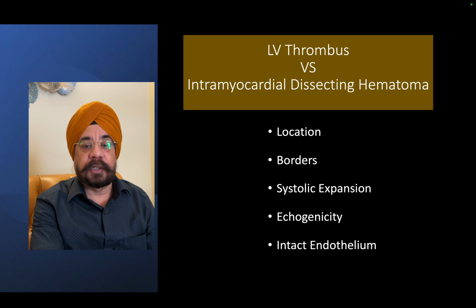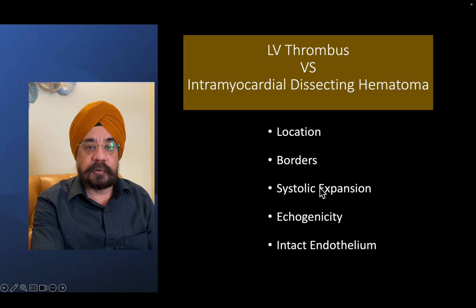Then there are other differentiating features. One is the location. Usually the hematoma is located at the apex, as I showed you in my very first two slides and two cases. Then the borders, this is very, very important. I showed you, if you have an overhanging border, it's most likely a thrombus, not a hematoma. And then what you see is the systolic expansion. If there is a systolic expansion, or what we call an aneurysmal expansion of the part where there is that echogenic structure present, which is either hematoma or a thrombus, if there is an expansion, that most likely is